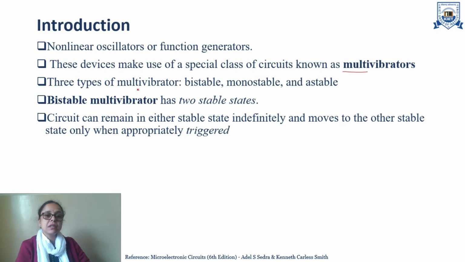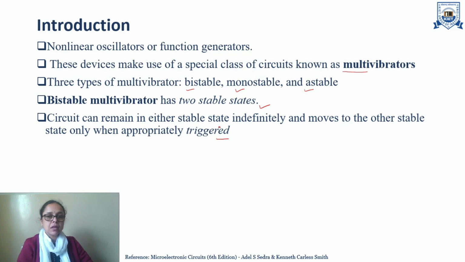And there are basically three types of multi-vibrator: one is bistable, then monostable and astable multi-vibrator. Now bistable multi-vibrator has two stable states and the circuit remains in either stable state indefinitely and moves to the other stable state only when the appropriate triggering pulse is applied to the circuit. So bistable multi-vibrator will be used to generate the non-sinusoidal waveform,